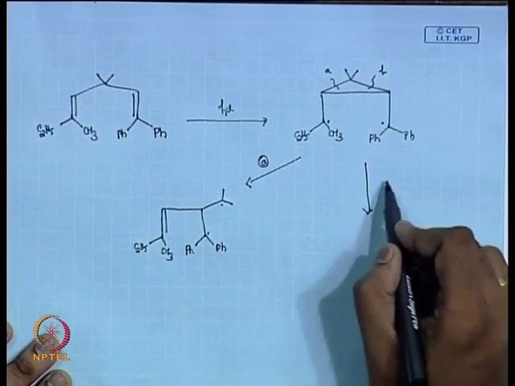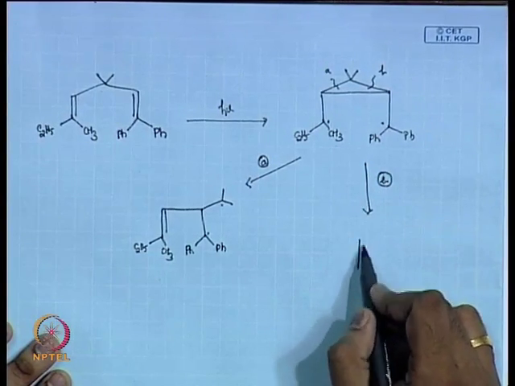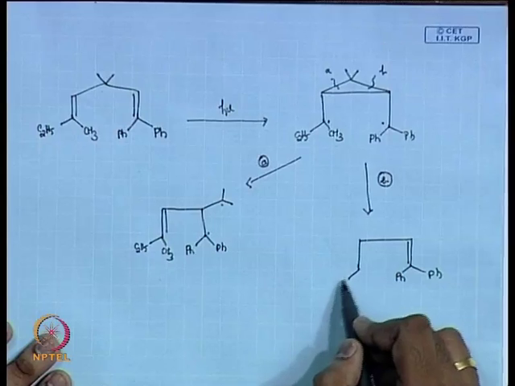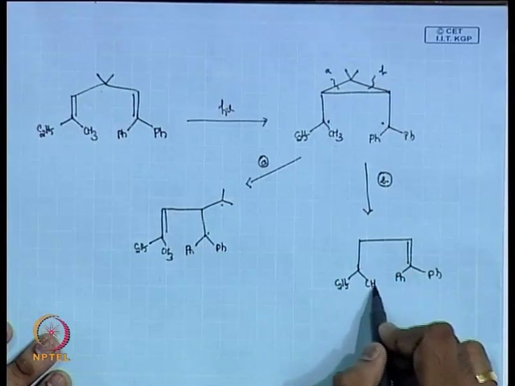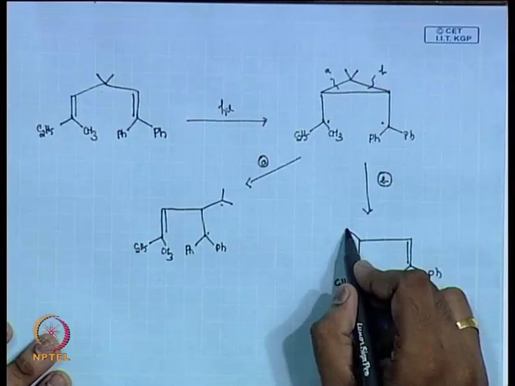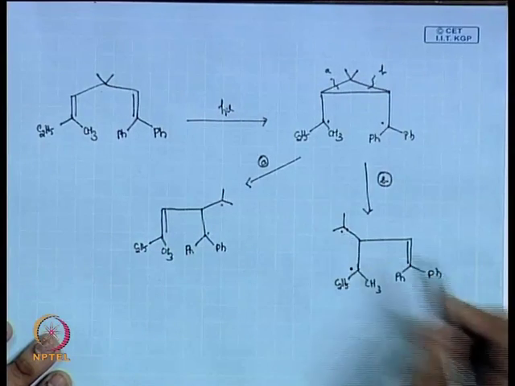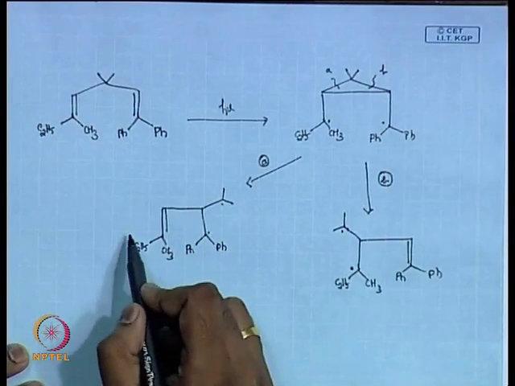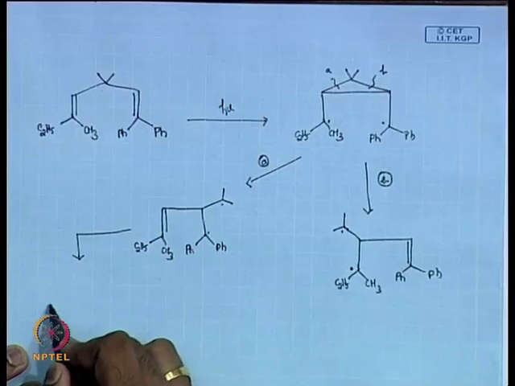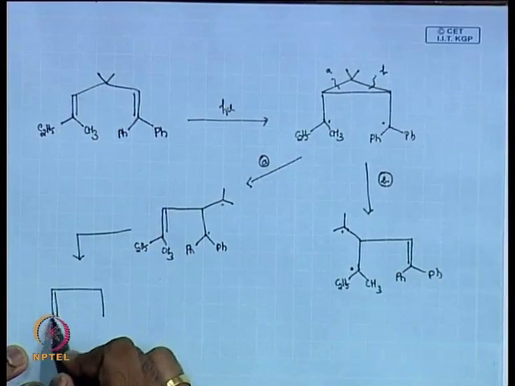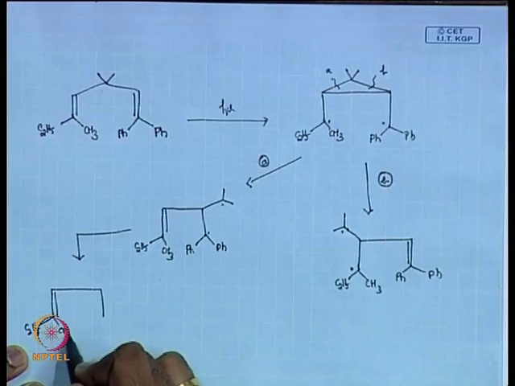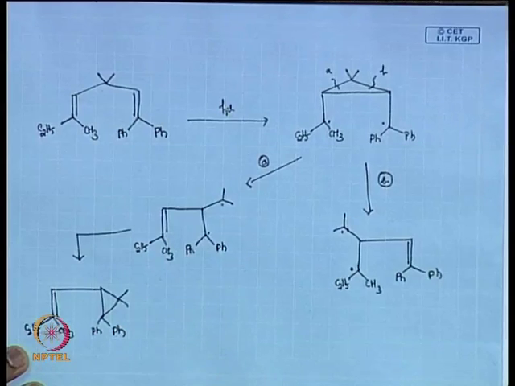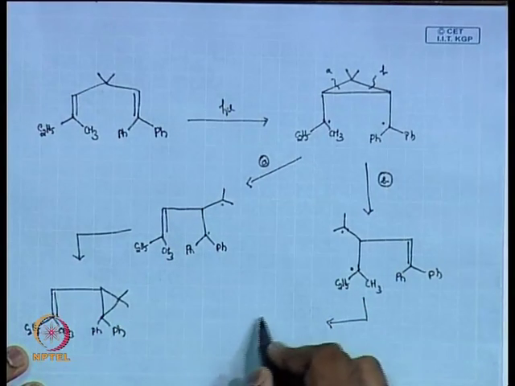If I cleave on the B side, I get this. So, this can cyclize, this can cyclize to give me